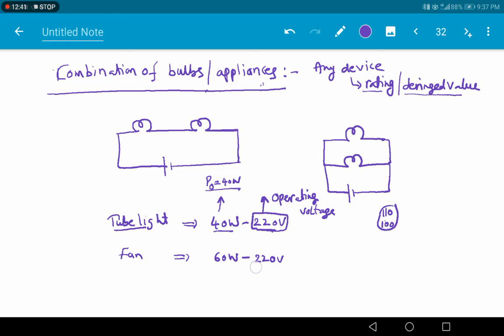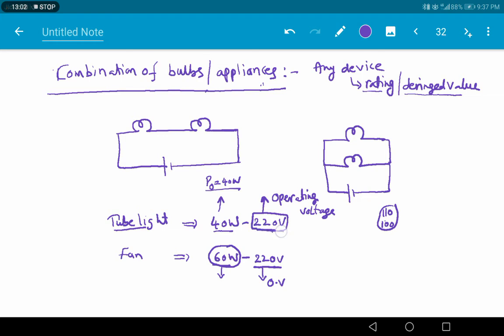In the same way, let us see this. So 60 watt and 220 volt. So operating voltage is 220 volt and operating power, that means at which 220 volts if you are operating this, the power consumed by the device is 60 watt. So like that